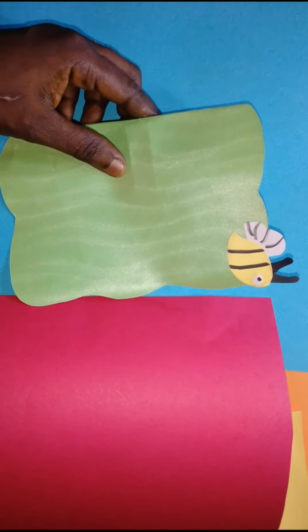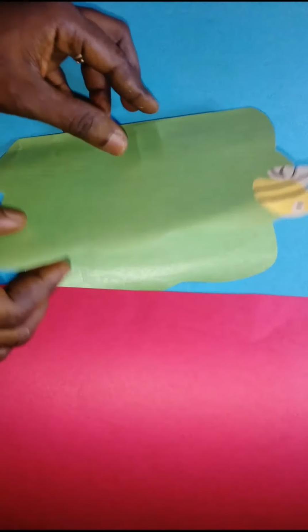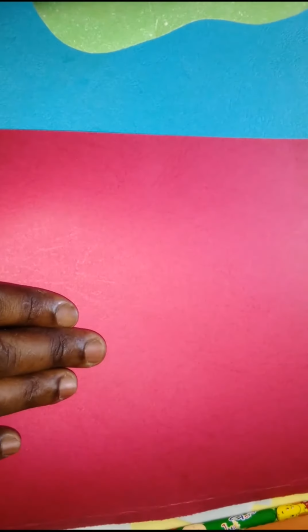Today we'll be making a pop-up bee greeting card. It pops up a bee like this. We take a rectangular piece of thick cardboard paper that is of dimension 25 cm by 20 cm. We fold it into two equal halves